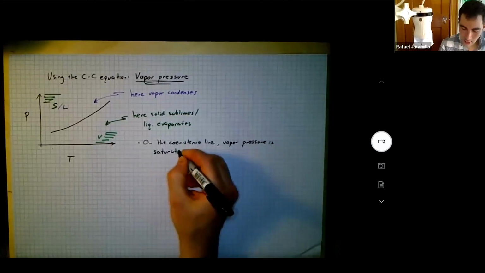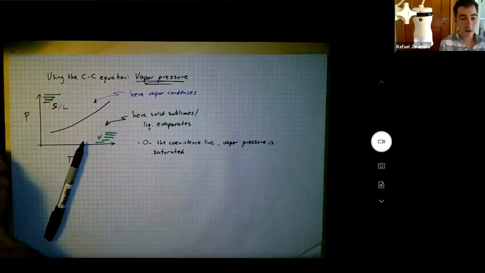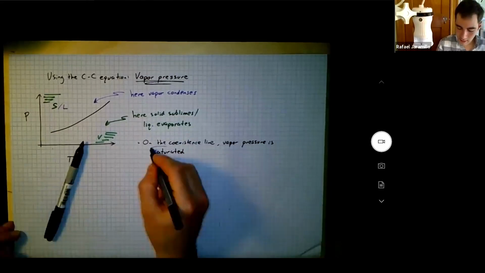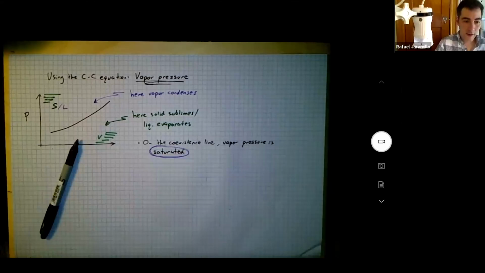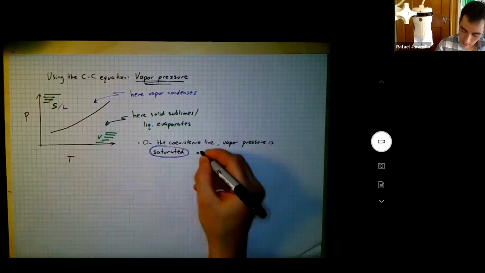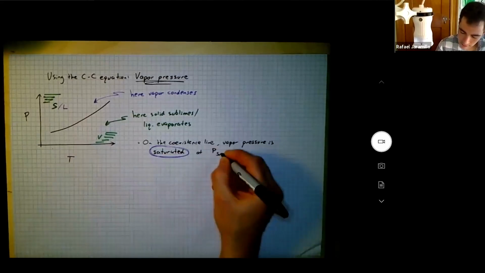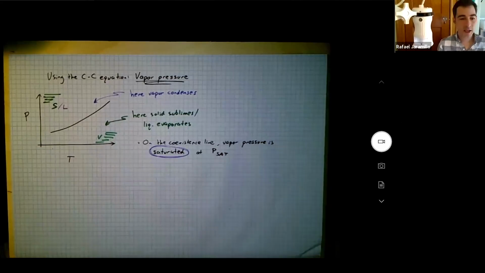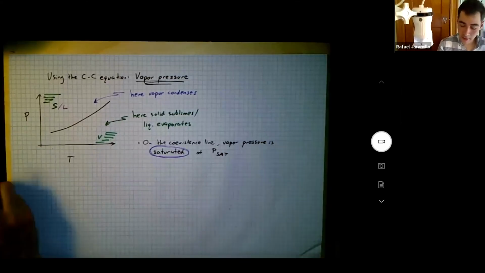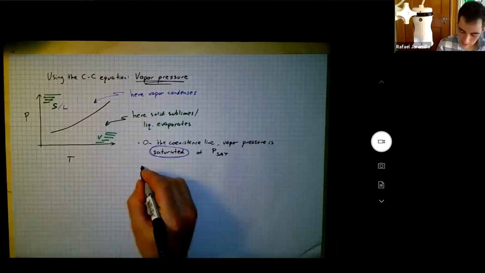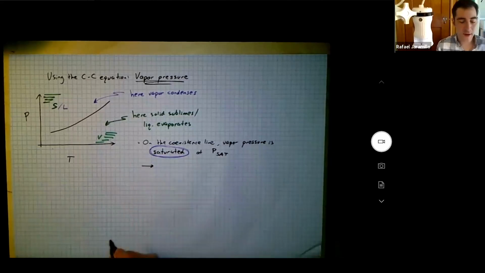You need to be able to interpret that word when you see it in all sorts of problems. It's saturated. That's a really important concept at its saturation vapor pressure. So these terms, saturation, vapor pressure, you're going to encounter these all over the place, even on your weather forecast. And it's nice to be able to connect it back to the thermodynamics. Okay, so